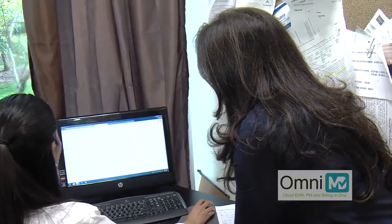I find OmniMD very valuable in tracking patient payments. Accounts receivable being one of the most critical aspects of a business, which is very easy to track using 2 or 3 different ways, either based on the insurance, based on patients. There are many different ways to sort the data and look through it to find accounts payable, how much balance is outstanding, how many payments have come in, and this is all real time, more or less. As long as we enter the information on time, that data is very easily accessible, gives us a very clear shot of where we are in terms of collectibles or